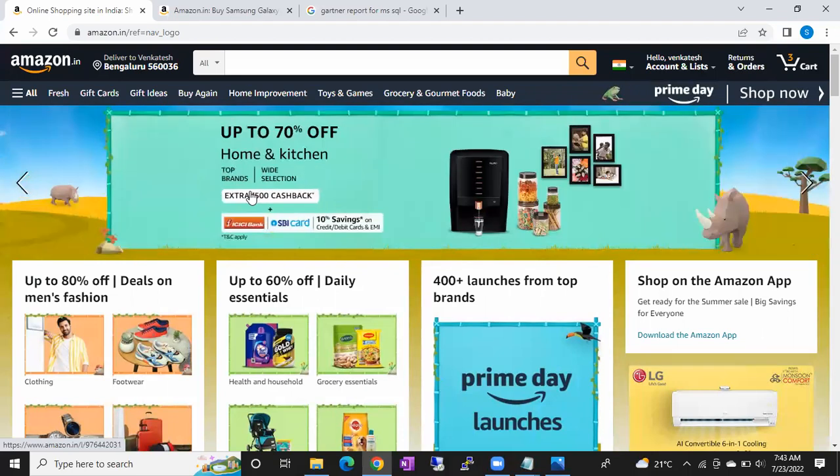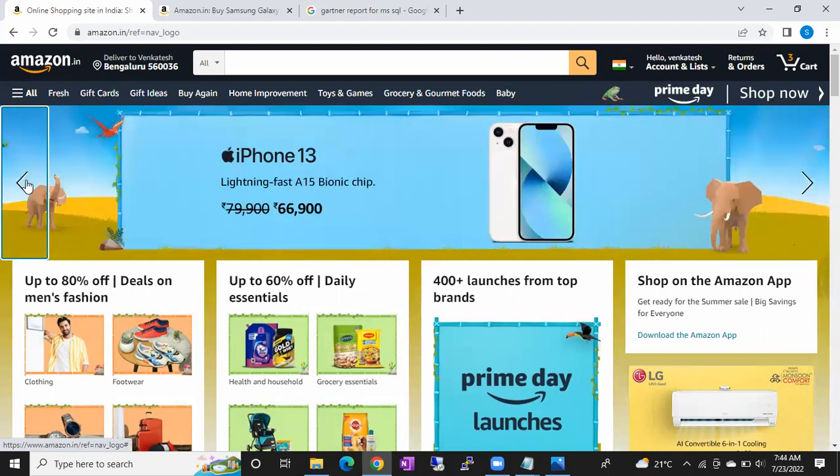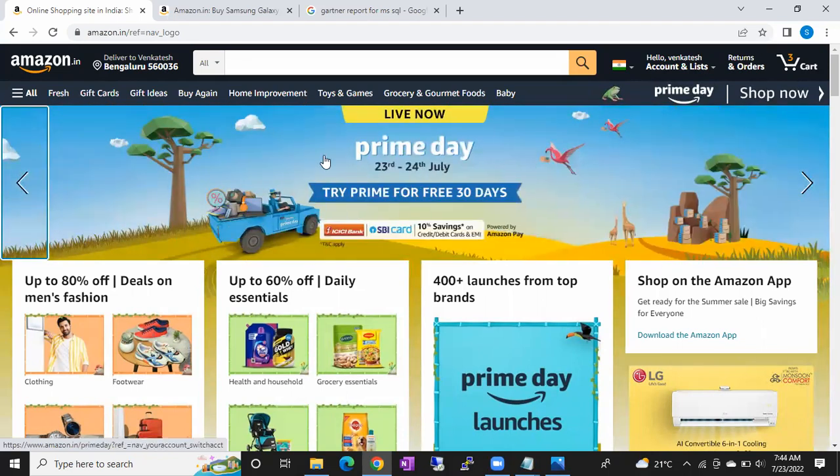If the developer wants to do any change on this, say they just introduced this sale, right? What is this sale? 23rd to 25th July. They introduced one sale, this Prime Day sale. So this is a banner, guys. We'll call this a banner, right? They are going to post this banner 2 days before, or a week before. That means they are going to change the application interface, because they want to let everyone know that they are starting a Prime Day sale.